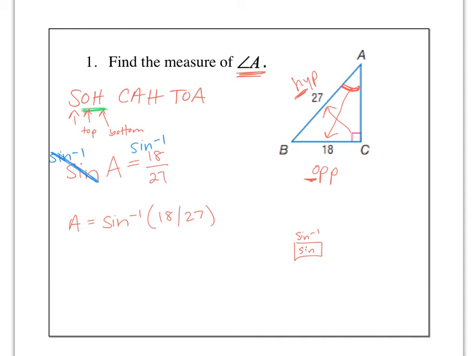So what you have to do is hit second, and then sine, and then it's probably going to give you a parenthesis, and then 18 divided by 27. You can close the parenthesis if you want, and then hit equals. When I typed that into my calculator, I got 41.8. So angle A is